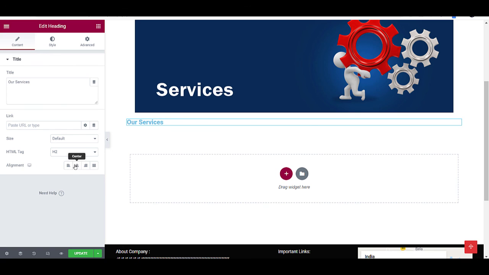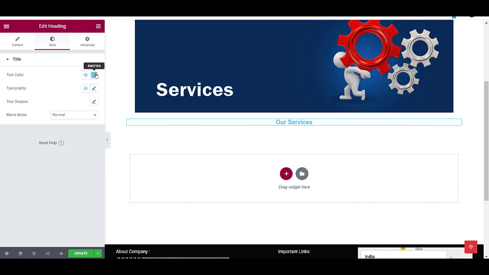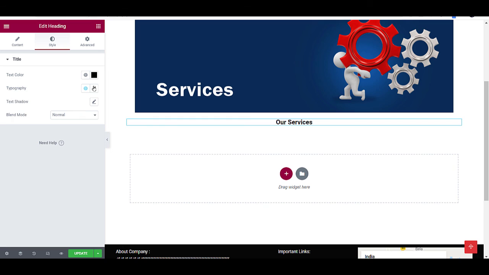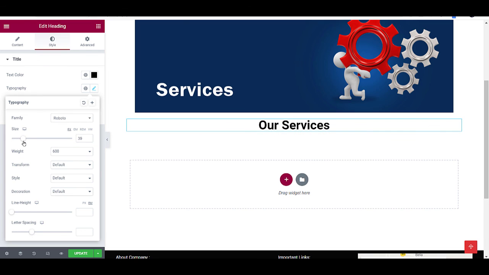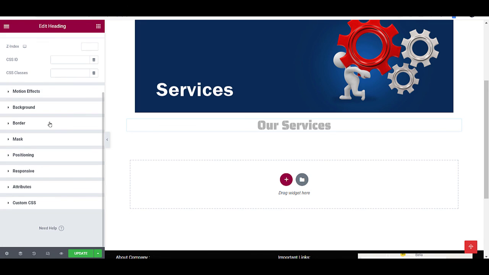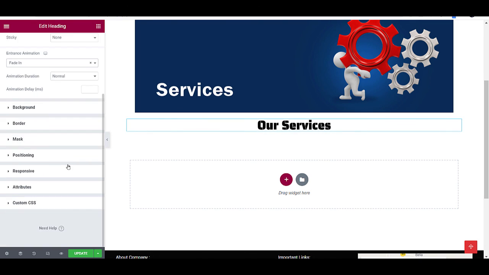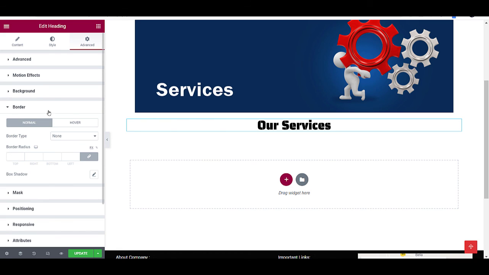Okay, let me give some cool style. First of all, I'm changing the color. Done. Font size, it can be bold, and I'm changing the style of this font. Look at this. Okay, and a little bit of shadows, motion effect. I can give an animation like this. Okay, and border